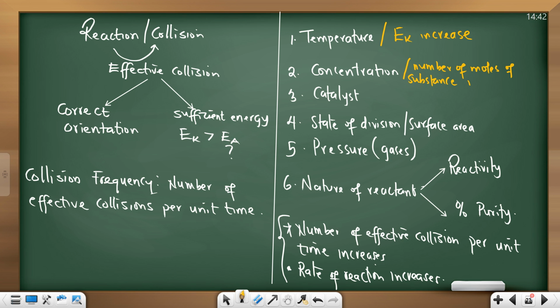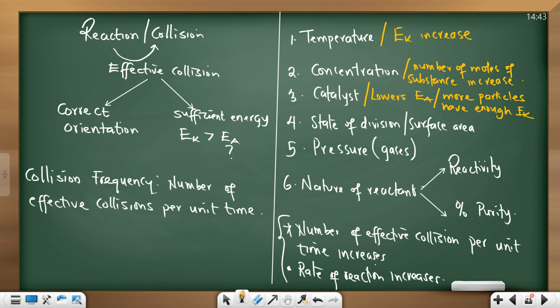What will happen? It will increase. And if that happens, the number of effective collisions per unit time will increase. What about the catalyst? It lowers what? Activation what? Energy. It means more particles now have enough what? Kinetic energy. And when that happens, the number of effective collisions per unit time will increase, and then the rate of reaction